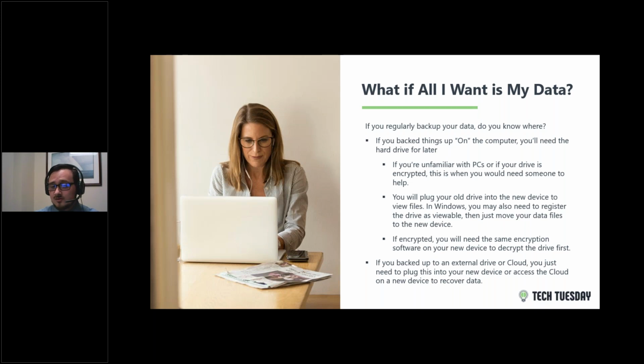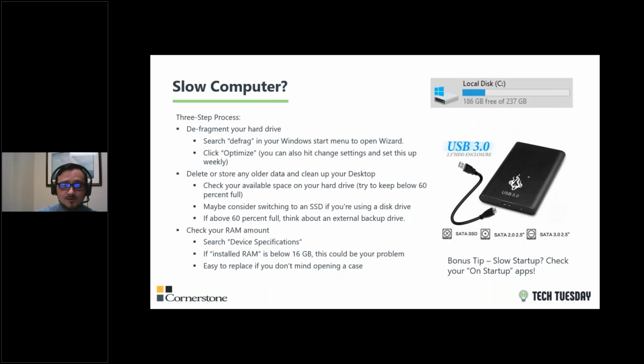If you don't use a cloud backup system like Carbonite, then you might want to use a solid backup drive. And those look a little something like what's on the right. This icon on the right here is a USB 3.0 external hard drive, and it's also what I'd recommend using if your computer is a little slow.